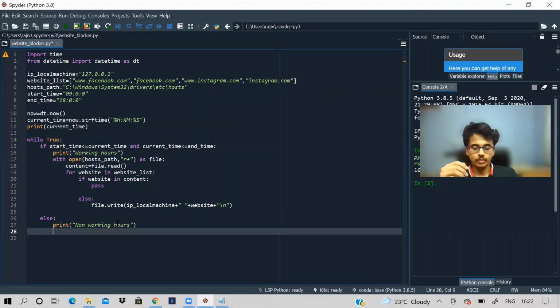But now we also have to modify our file. Otherwise what will happen is that whatever content we wrote in the file will always be there. Even in non-working hours, that file will always have that content. And whenever we try to search that domain, it will go to that file and redirect to our local machine and the website will be blocked forever.